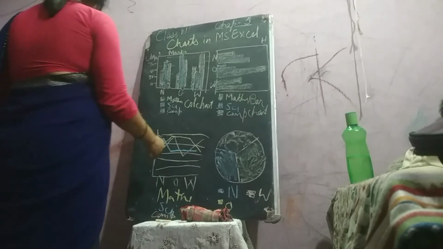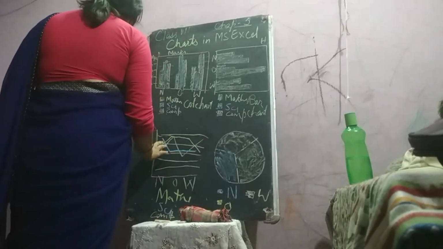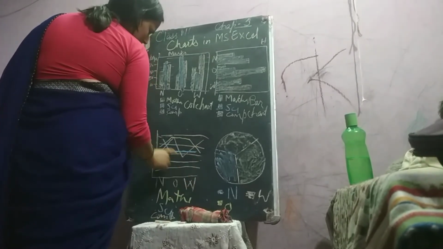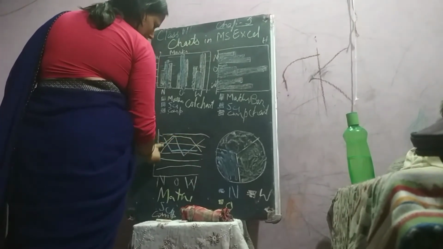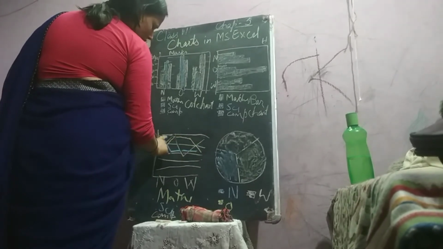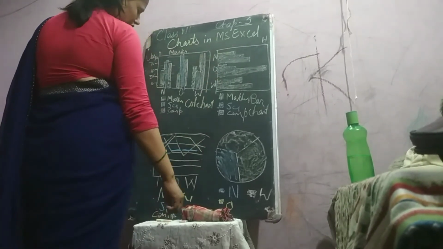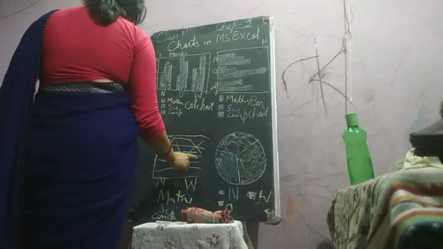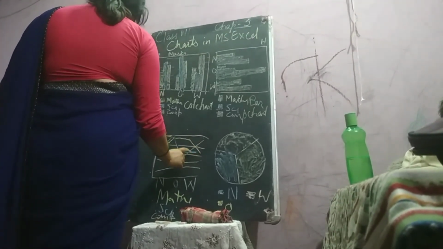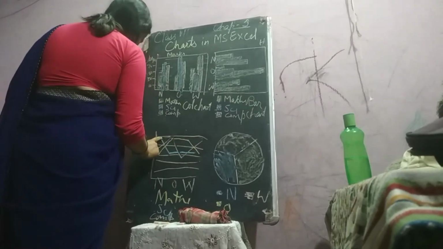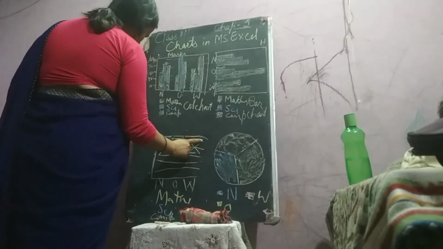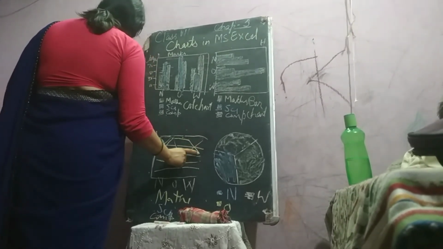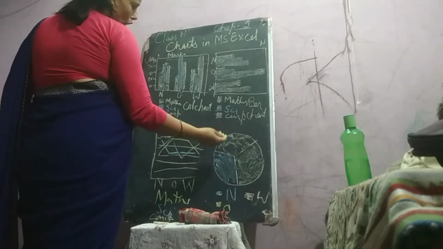Now next comes the line chart. Now line chart, you can see the lines have been drawn here. I'm taking the three students. These lines will show you the difference, how the difference is moving. Only a line will be shown. It compares trends in data over a specific period. It will show in the specific period of time. And you can plot the points to plot it.